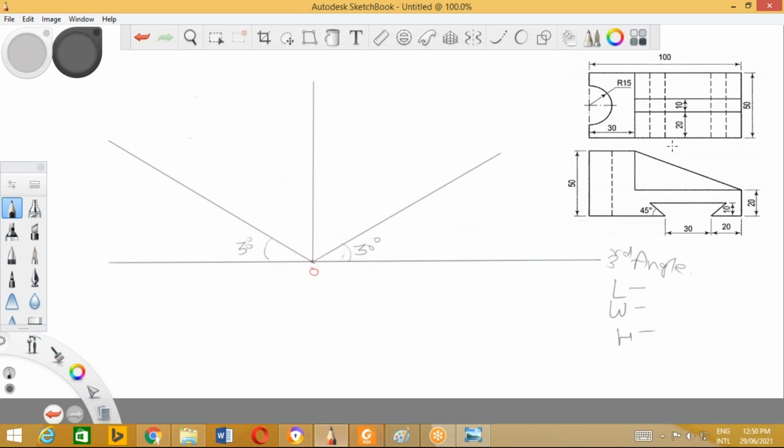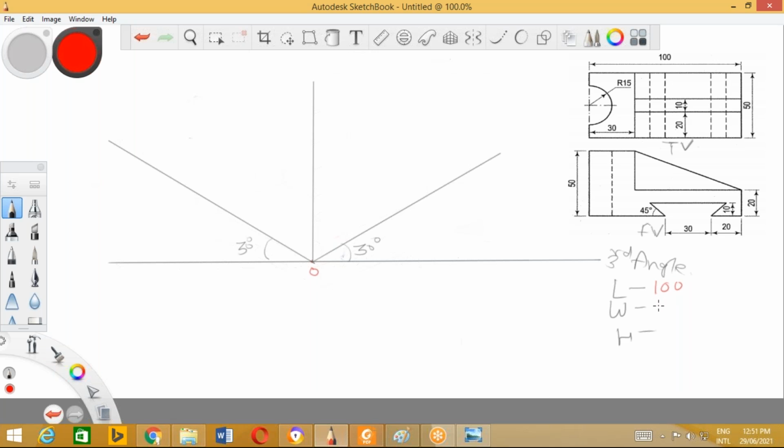So this is the top view and this is the front view. Okay, so the front view is below the top view. If the front view is below the top view, it is always a third angle method. Getting me? So we'll consider this as the front view and this as the top view, and we'll try to draw its orthographic projection. Now with this as the front view, can you give me the information about the length, width and height? Yes, Kuntesh. So length is 100 millimeter.